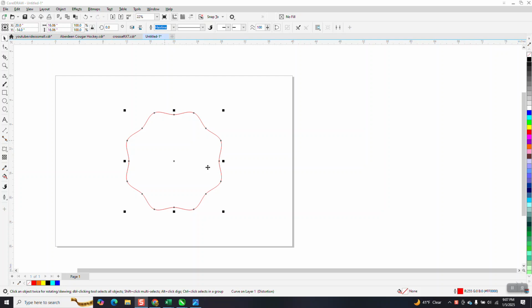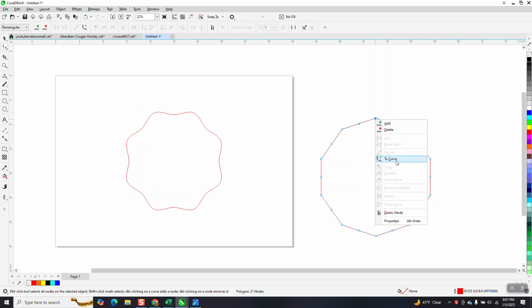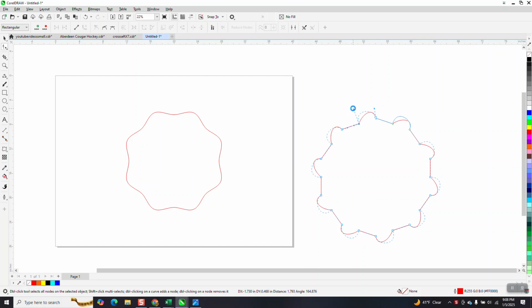Whenever I've drawn or tried to draw something like this, I get the Polygon tool, let's say on 10-sided, and I draw it out. I hold down the Control button and I grab these two nodes and I convert them to a curve, and then I can take them and kind of make the shape I want, kind of like this, but it's not as easy. Well, it might be as easy as it looks, but it's not very uniform,